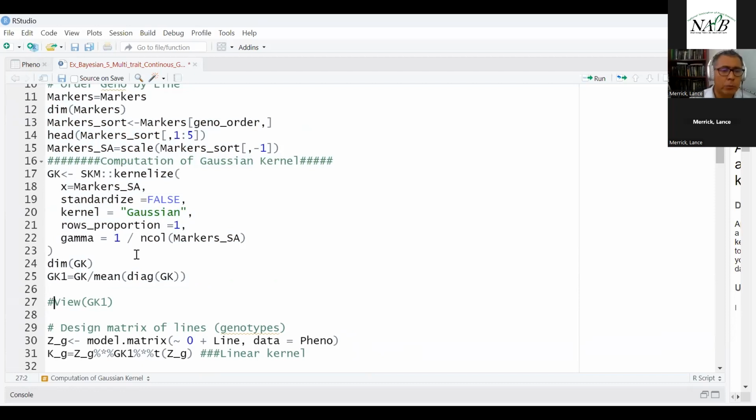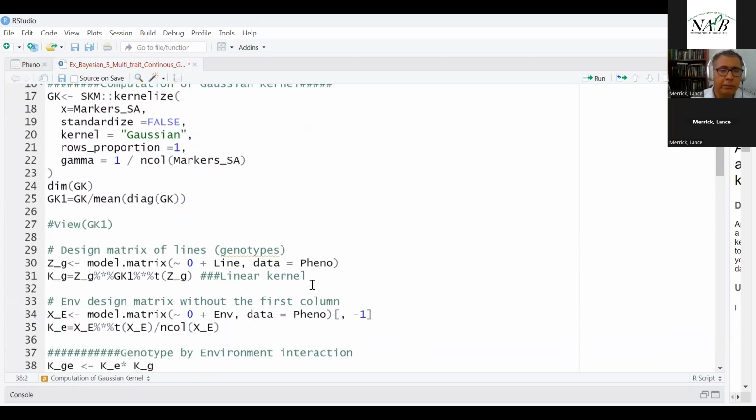Next, what I did is compute the design matrix of lines in the same fashion. This is the design matrix of lines. Then this is the Gaussian kernel, because here I am using the computed kernel. This means that the implementation of the kernels in the Bayesian model is quite similar to the GBLUP, only replacing the linear kernel by another type of kernel. In this case, I am using the Gaussian kernel in place of the linear kernel